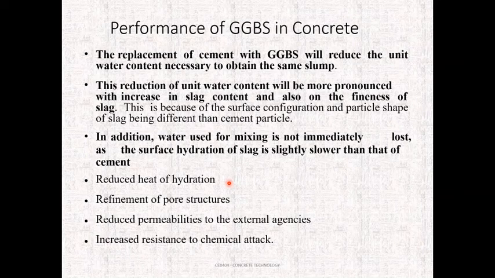The performance of GGBS in concrete: the replacement of cement with slag will reduce the water content to some extent. This reduction in water content is predominantly due to the increase in slag content, which depends upon the fineness and grading of the slag. In addition to water reduction, the reaction of the slag is slightly slower than the cement. Hence, it reduces the heat of hydration. It refines the pore structure of the concrete. It reduces the permeability